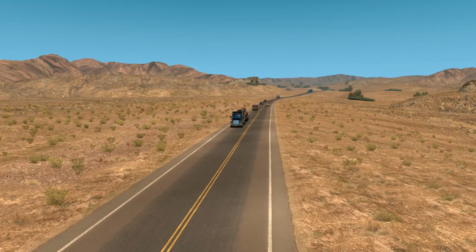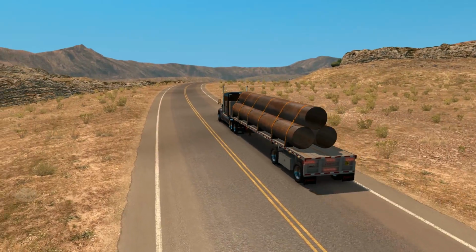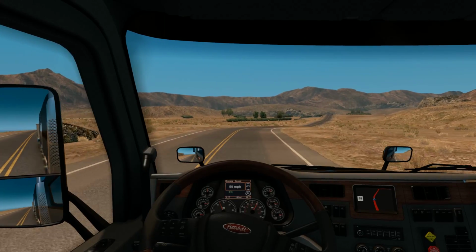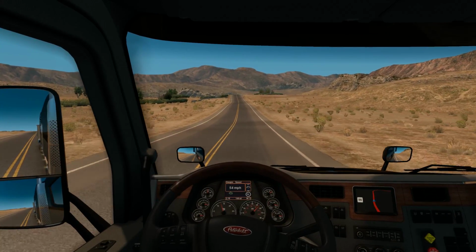There we go. I tried getting the drive-by, and it didn't want to work. It's been, see, there it is. It just kicked me back in there. I have no idea why it's doing this. I haven't really looked into it either, so you can see how much I'm worried about it. But the